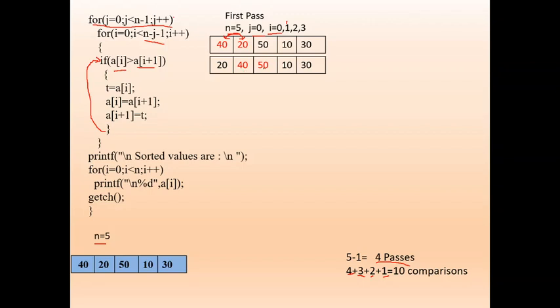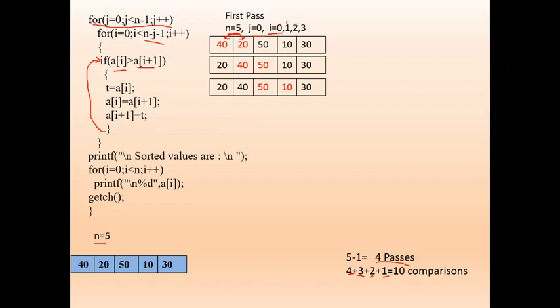Is 40 greater than 50? No. No means no change. If A of i is greater than A of i plus 1, then only interchange the numbers. Otherwise, don't change the numbers. But i will be incremented.